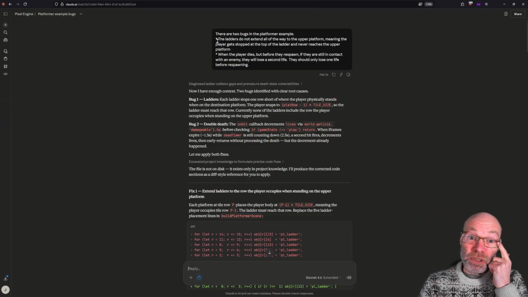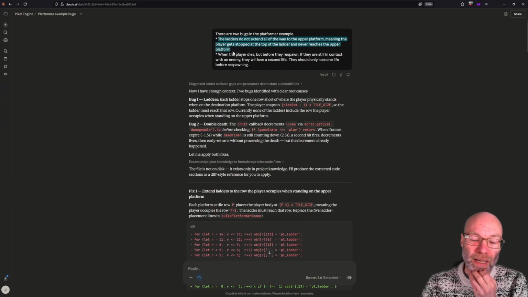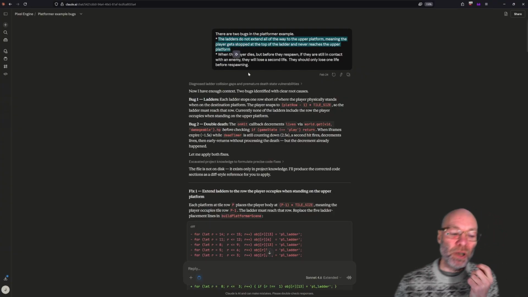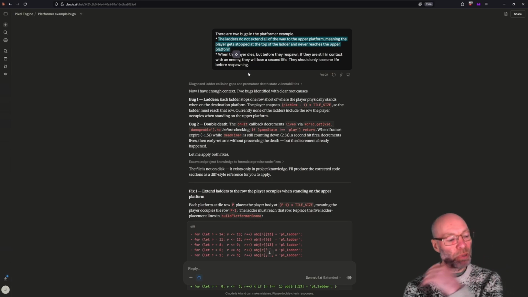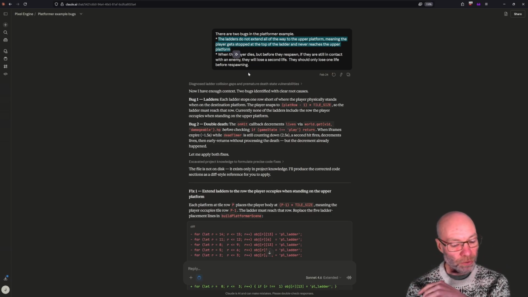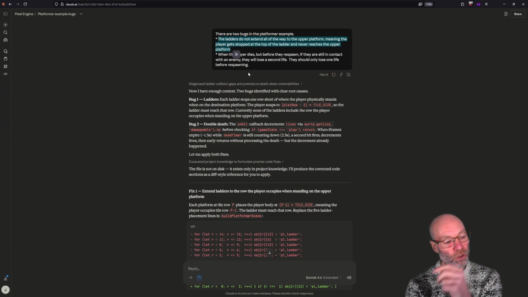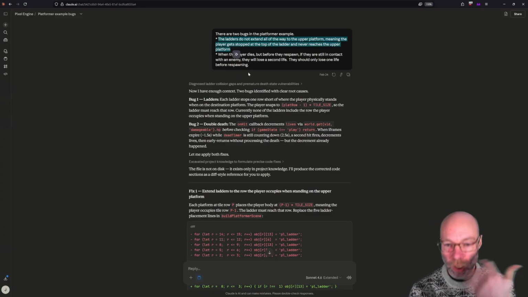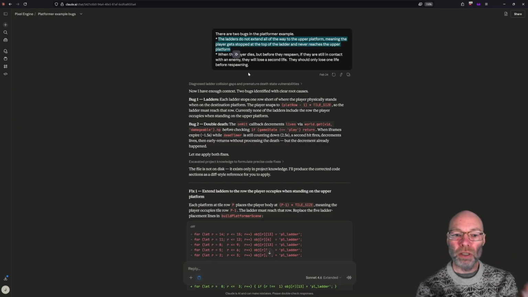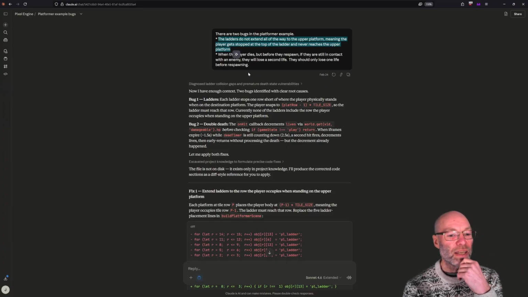This first bug, though, in particular, was one that I wasn't sure I was going to get a good response from, and this is because of my experience to date with these models is that they're really not good at spatial directions. If you can describe in detail the logic, it'll follow along and you both understand what you're talking about as well as give you proper results. But if you say, like,